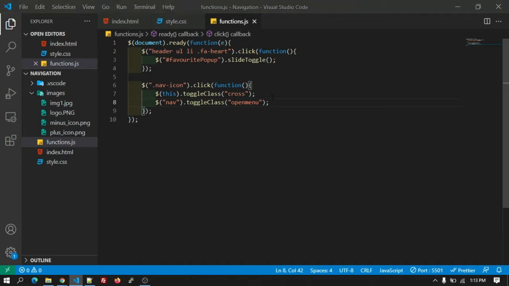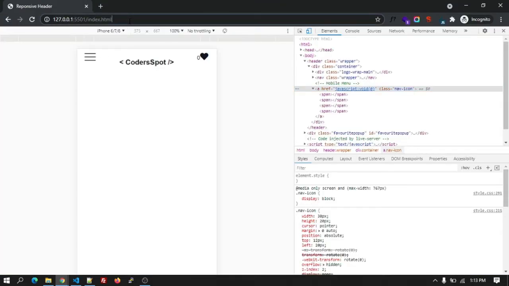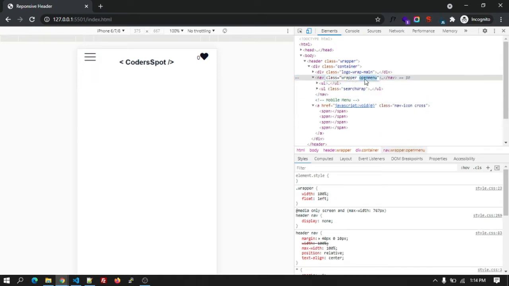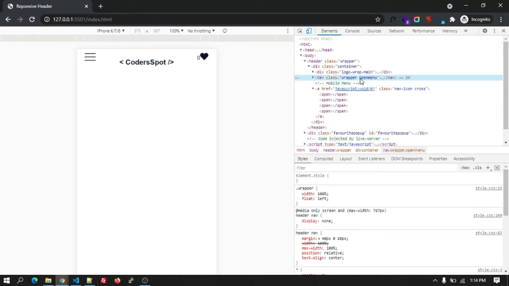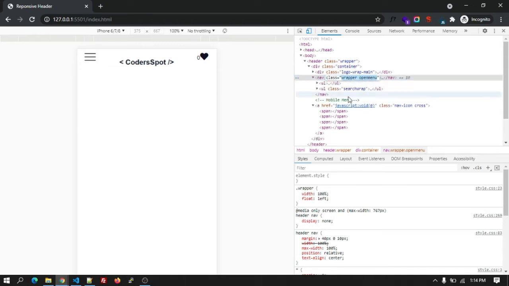Okay, for that we have added this. So let's have a look, is it working or not? After clicking on that, it's adding the class cross as per our jQuery. And for the nav, we have added one more class, open menu, after clicking on the nav icon. Okay, so two classes are adding properly.